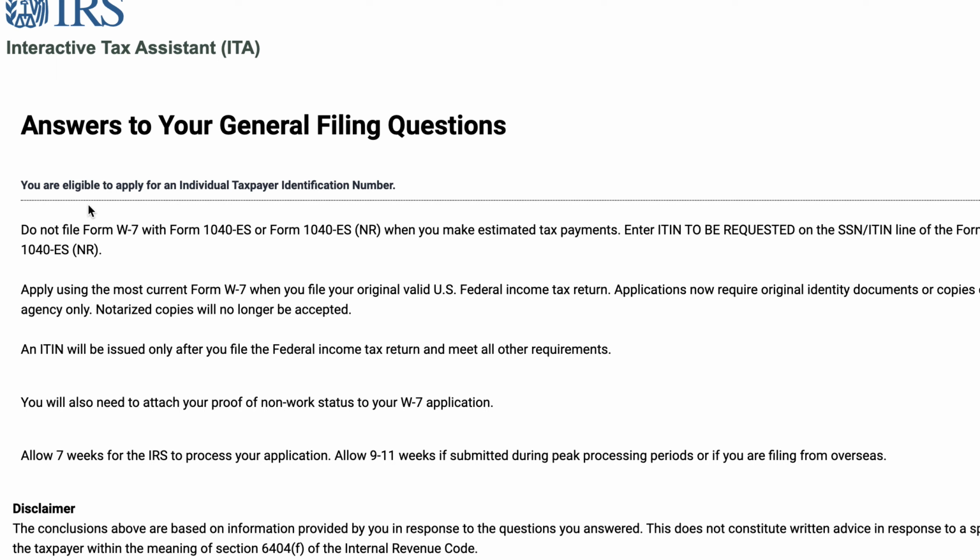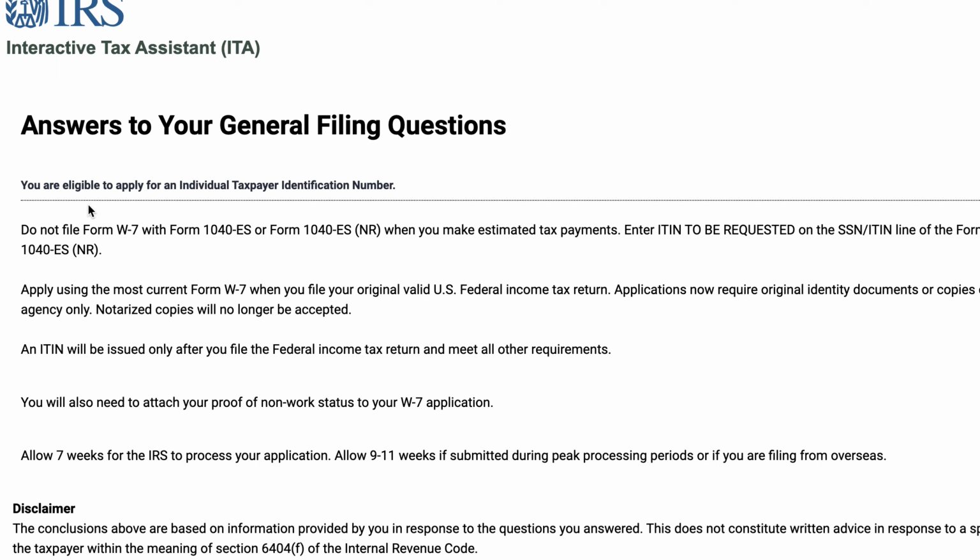You would not file your Form W-7 with your estimated tax payment. Instead, you would enter your ITIN on the Social Security line of your estimated tax payment. You would enter ITIN to be requested, and then you would file your Form W-7 separately. When you file your original tax, you would apply using your most current Form W-7 when you file your original